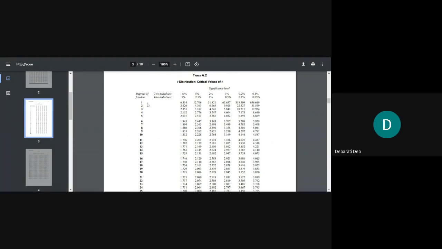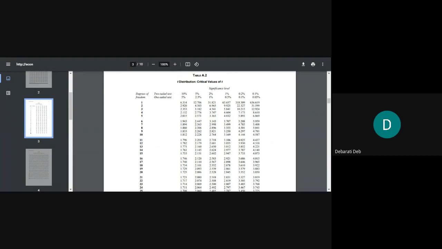On the left hand side you can see degrees of freedom are mentioned. So corresponding to the degrees of freedom, you will just check. For two tail it will be 5%. For one tail it will be 2.5%. Like that you will check and see the value corresponding to the degrees of freedom of 19. Second one from the left, 5% for two tail or 2.5% for one tail, how much is it? At 19, 2.093, the same value that we used.